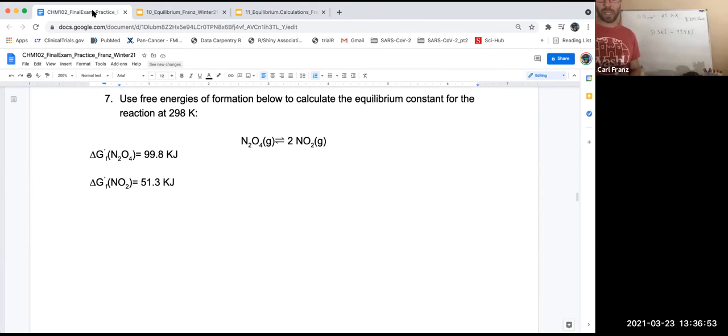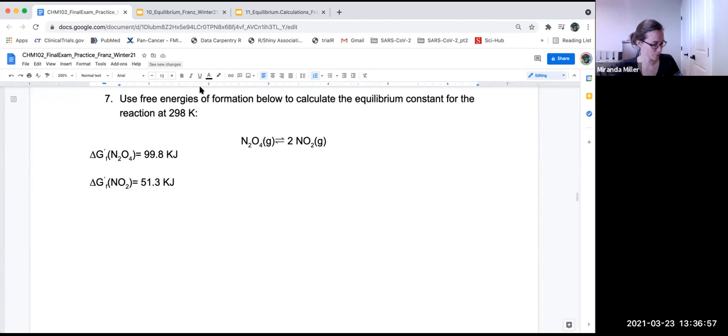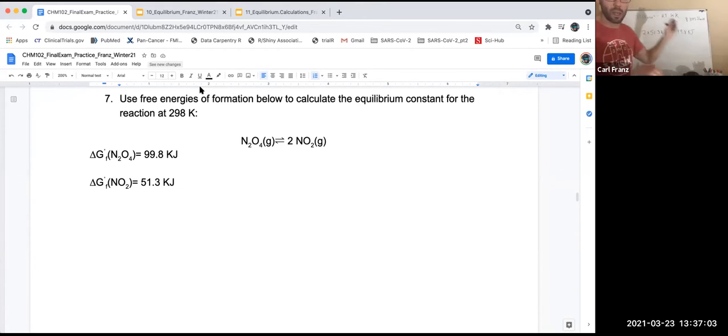Now, am I missing anything? Yeah, multiply the 51.3 times 2, because of the reaction, right? So we have a 2 here. And so we could say that the free energy of the reaction,